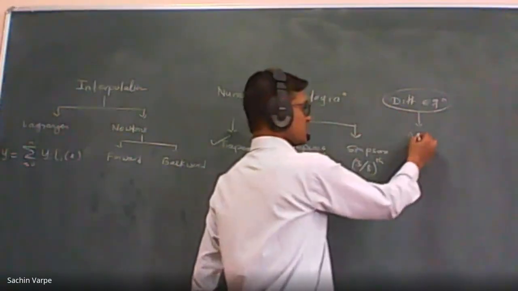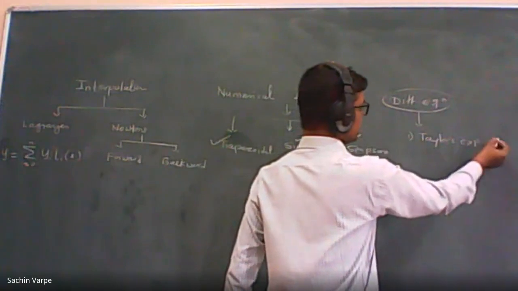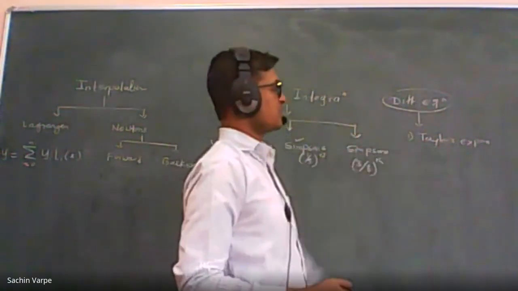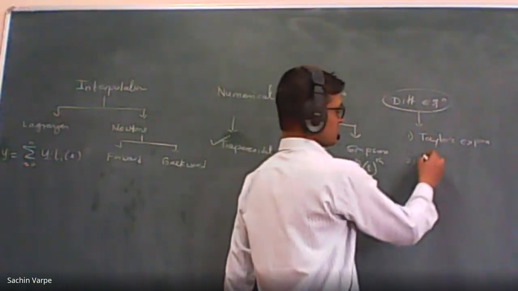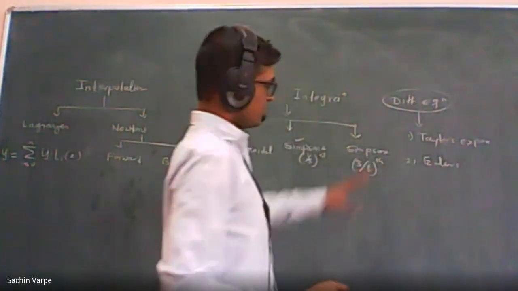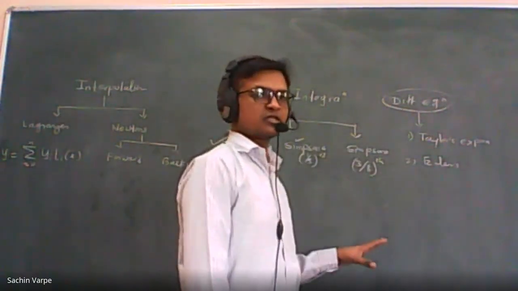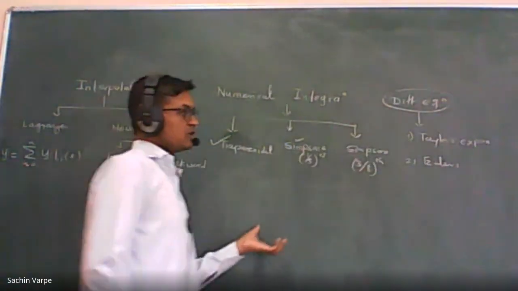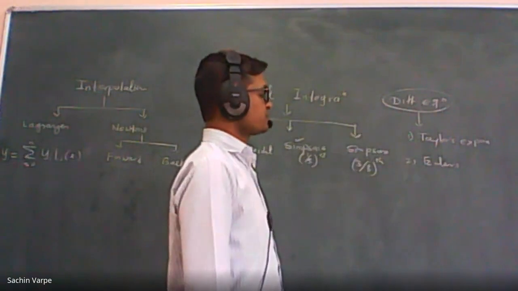Like first is Taylor's expansion. That is a very easy and very basic technique. You can apply this technique to any example. That is, in general, expansion. Then we have discussed Euler's. In any of the methods, we are given the differential equation along with the initial condition, and we solve the differential equation with the help of the initial condition using any one of these methods, right?